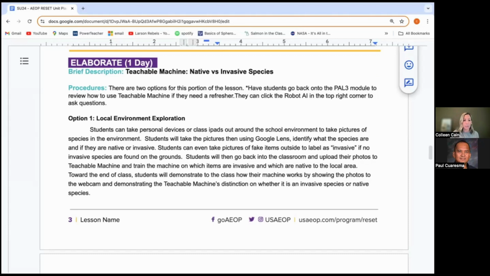invasive ecosystem. For the first option, students will go outside and they'll take pictures of species in their environment, and they'll actually use Google Lens to identify the species and then to determine if it's native or invasive in their area. Students will then upload those photos to Google's Teachable Machine and train the machine on which species are invasive